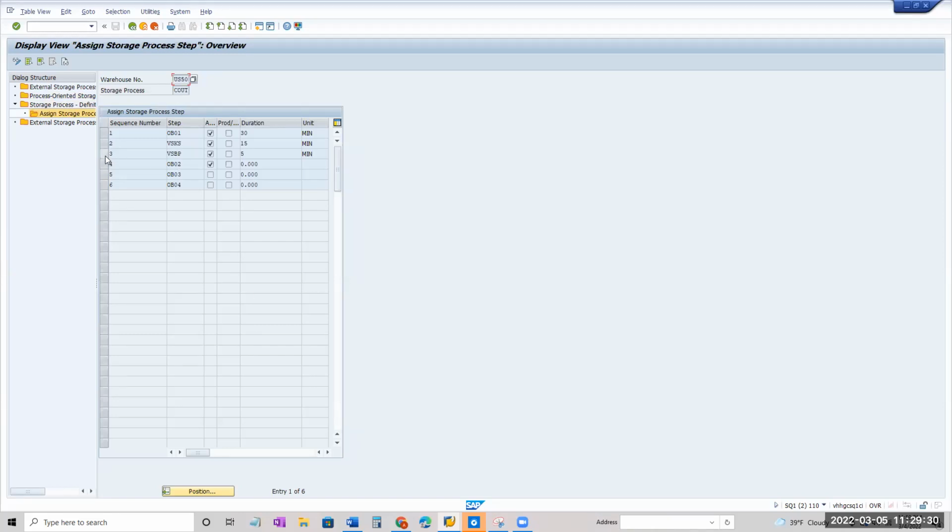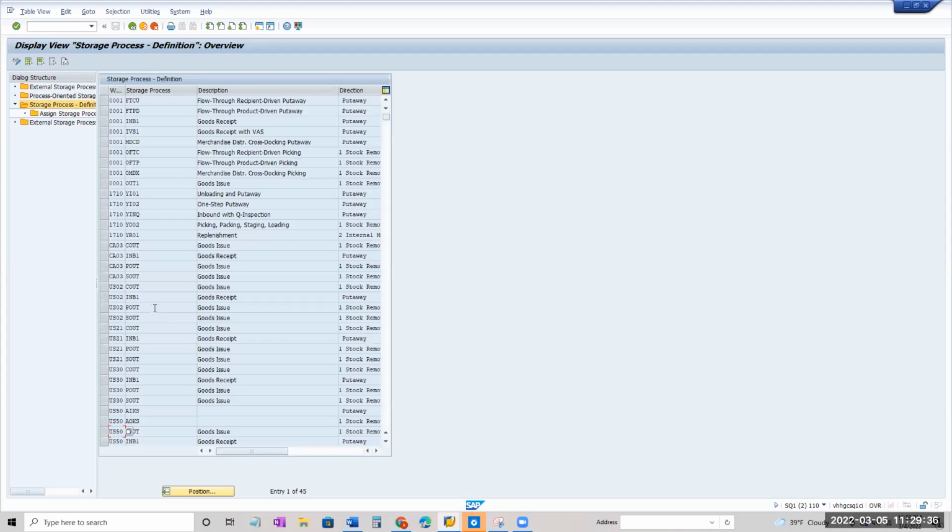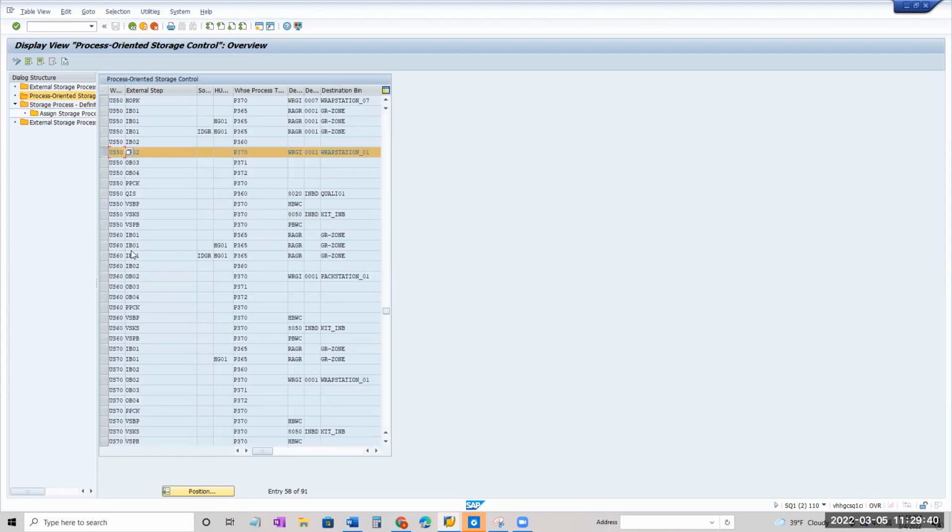That is a VAS, absolutely, like bubble wrapping or bubble packing, something like that, and then it is going to the VSBP storage type. F4 the storage type, VSBP.